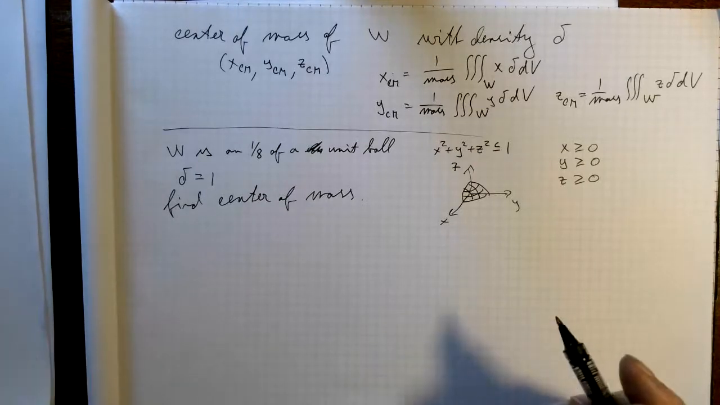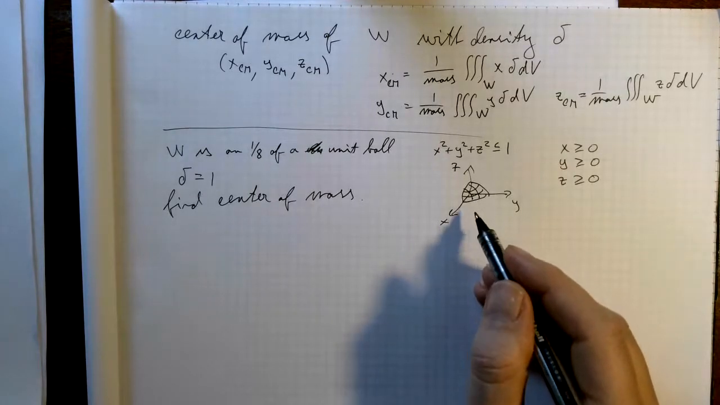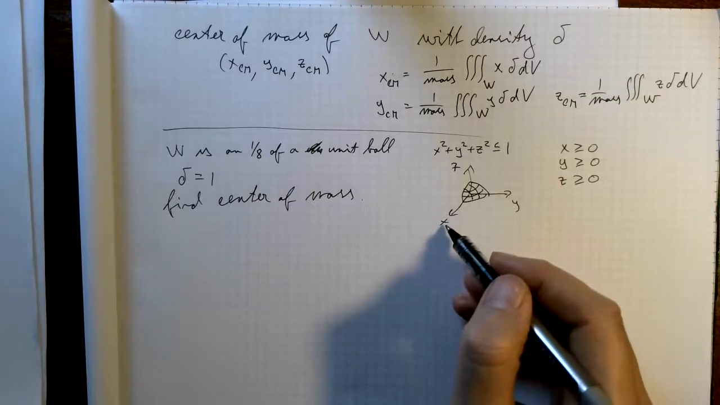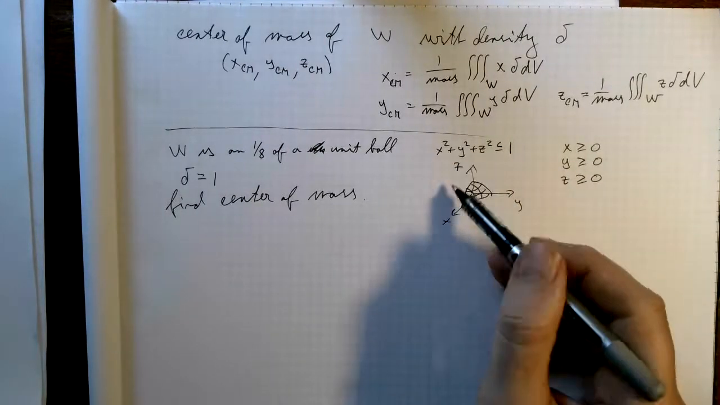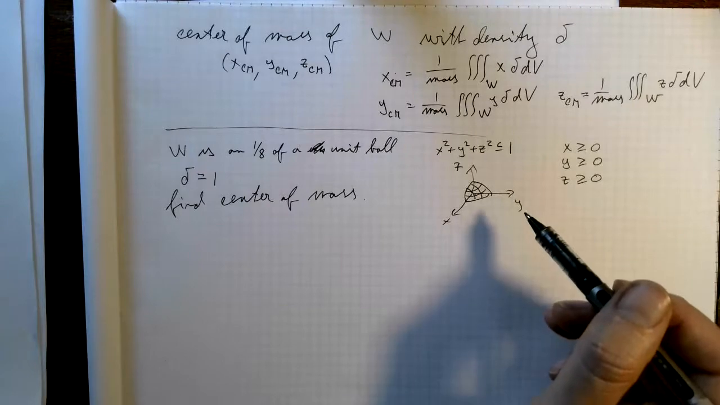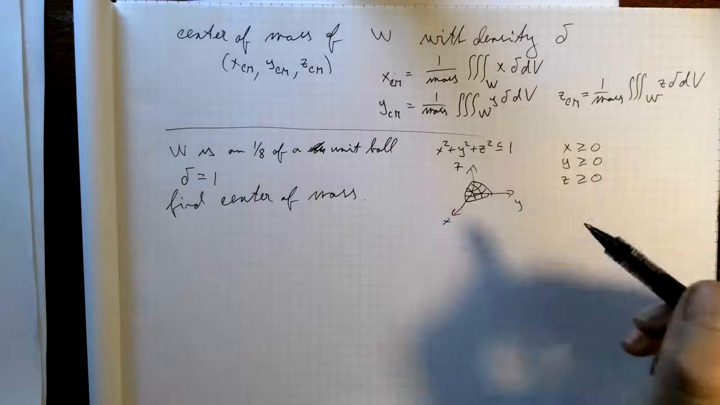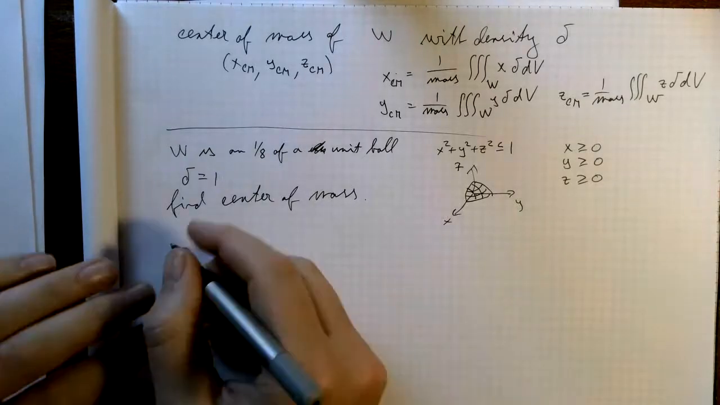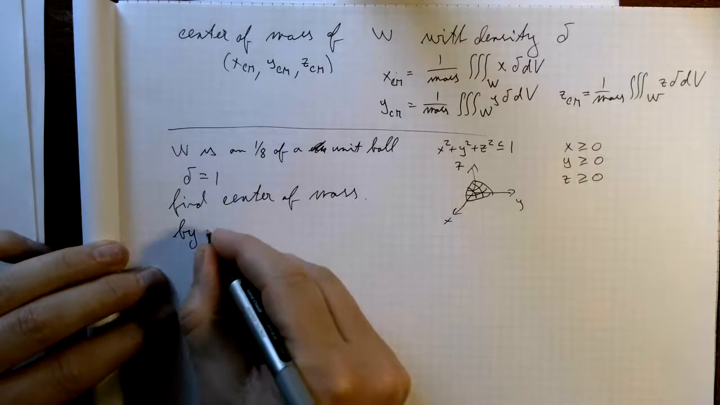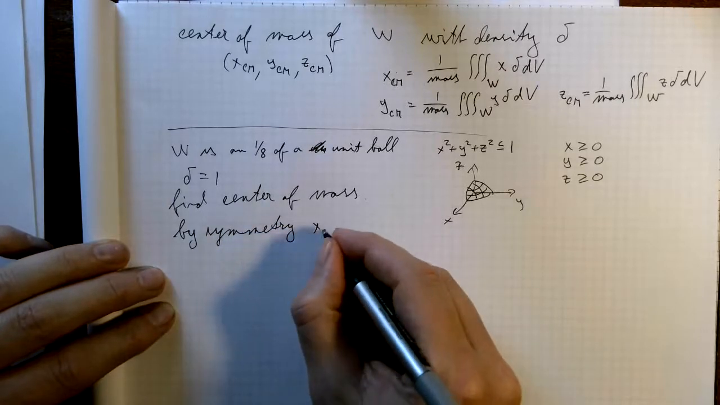Okay, the first thing that we notice is the symmetry of the thing. If I changed the variables, if I said this is x and this is y and this is z, it would be exactly the same problem. And the same if I made this x, this y, this z. It doesn't really matter how we named our variables. So by symmetry, we have that